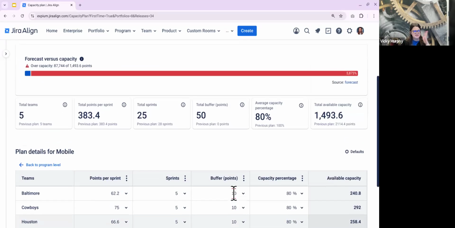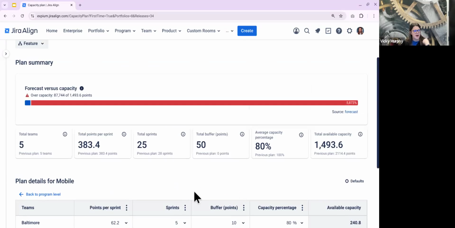If I scroll up, then we see this program level summary, right? How many teams do we have? Quick hits here on the metrics, but really what we love is this bar. I would love to say this is a really egregious example, but I will say 9 times out of 10 when we work with customers and they start using this functionality, they start really planning this information out, this is what they see. They are way over planning for their teams,